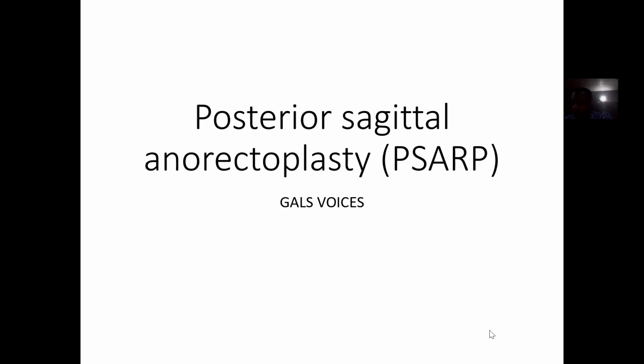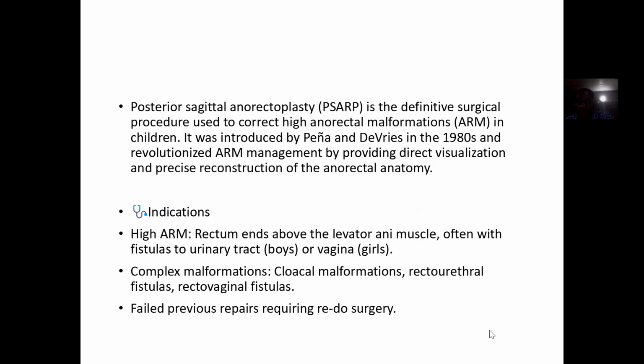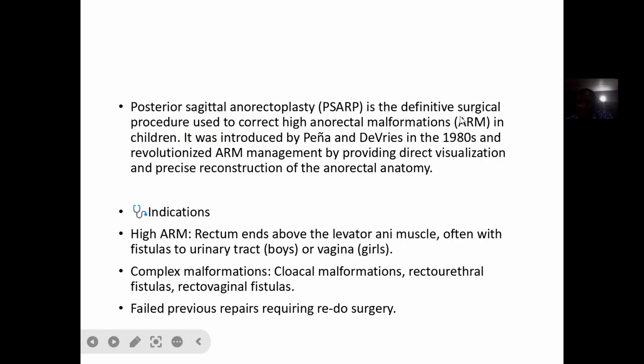We quickly try to move to the next surgery. So for the next surgery, this one is what is known as a posterior sagittal anorectoplasty. Okay, so they usually abbreviate it as what? PSARP. So for posterior sagittal anorectoplasty, that's a definitive surgical procedure, and they use it to correct